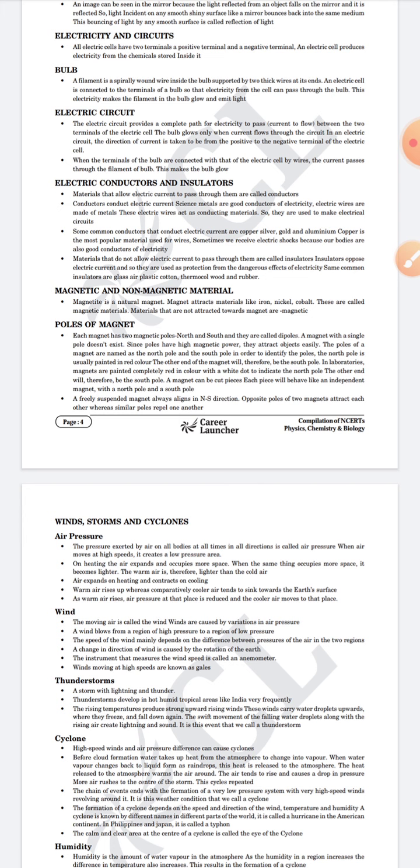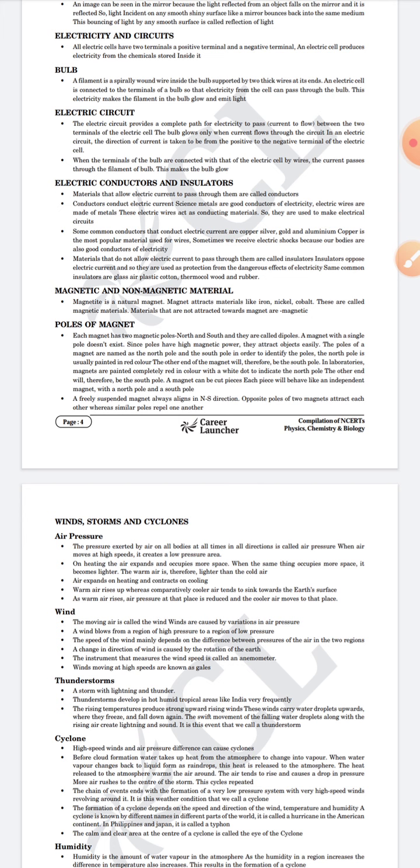Poles of a magnet. Each magnet has two magnetic poles, north and south, and they are called a dipole. A magnet with a single pole does not exist. The poles have high magnetic power, so they attract objects easily. The poles of a magnet are named the north pole and the south pole in order